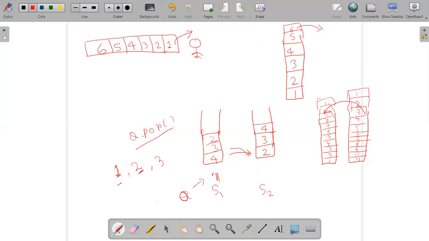So this is how we can do the operation. If I have to remove from the top only, first we'll move the glass from here to here, and then I'll pop. This is how we can implement queue using stack. I hope it makes sense to everyone.